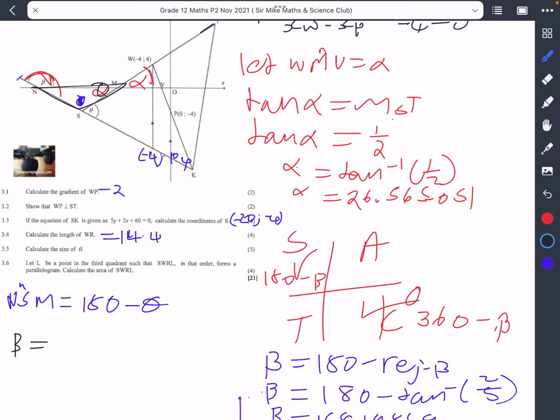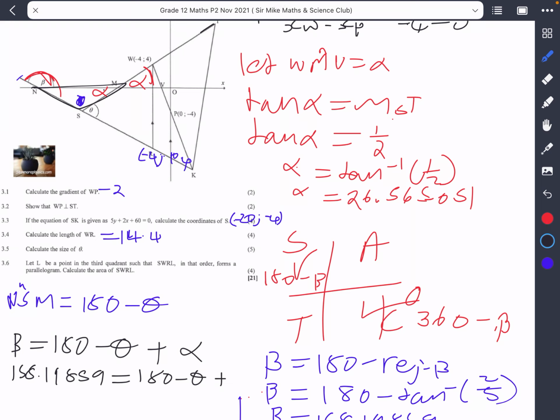Which would be alpha, and then that angle there. So in this case, beta would simply be equal to 180. We said that NSM would be 180 minus theta, right? So in this case, you have 180 minus theta plus alpha. I hope that makes sense. So beta would be 158.859, I'm just going to keep it to that. So this would be equal to 180 minus theta plus alpha, which we got to be